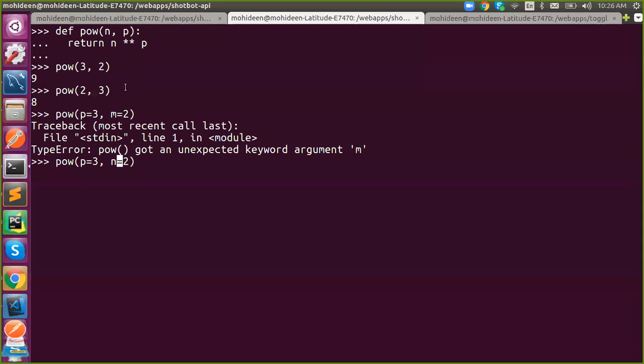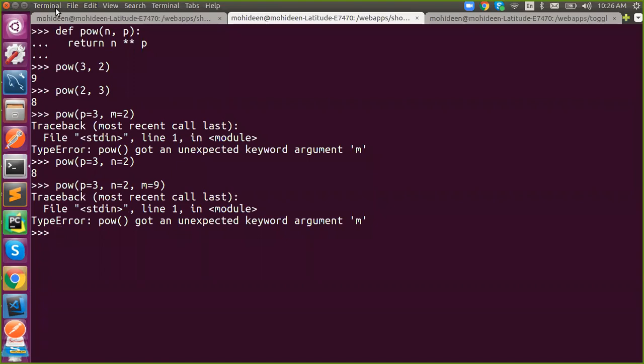Now what happened? P will be moved on to P, n value will be moved on to n. So like a cross. This value will be here, this will be here. Got it? I hope you will find the difference between positional and keyword arguments. If we assign M also, P, N as well as N, comma. What happened? Again the same error. Unexpected keyword argument, because we don't have anything called M, right? Okay, got it.